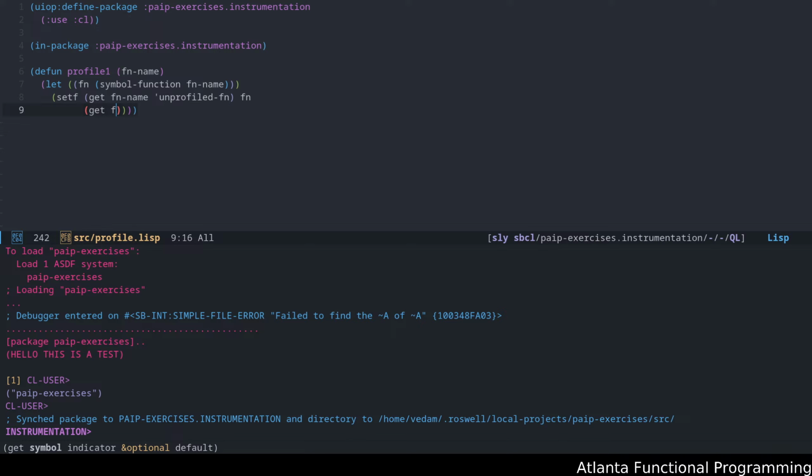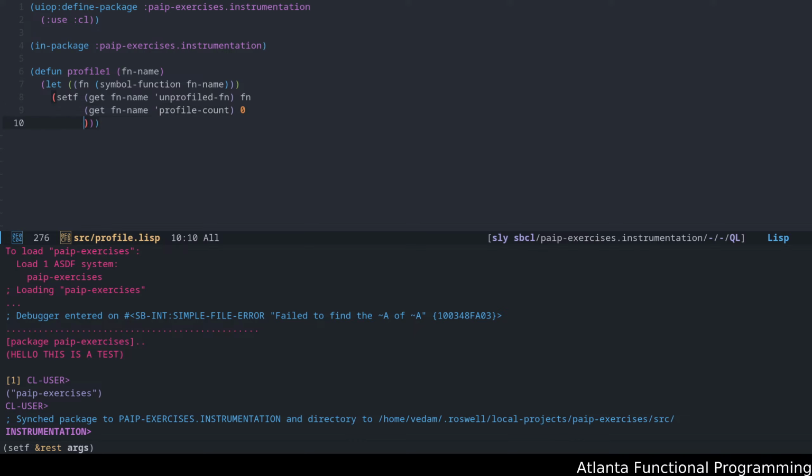All right, so the next thing we need to do is create a profile count in here. Now notice each time this get symbol indicator, I'm just going to show this again. Give me a second here. Okay, this get symbol indicator is basically, think of it as the insertion point when you do the setf in the symbol function object to keep track of this information. And I'll show you when we first create a profile for something how this looks in the inspector.